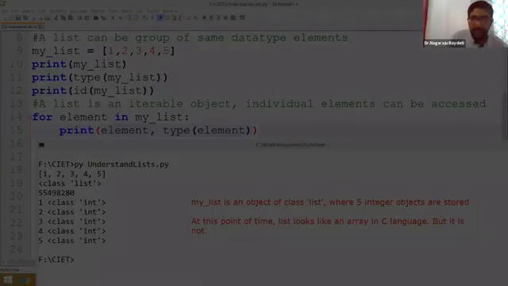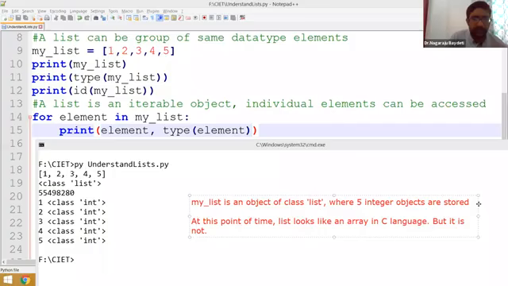A list looks like an array in C at this point, with respect to storing same data type elements.